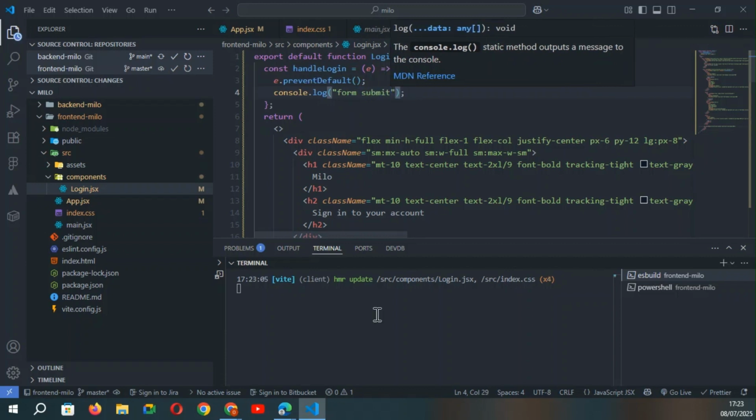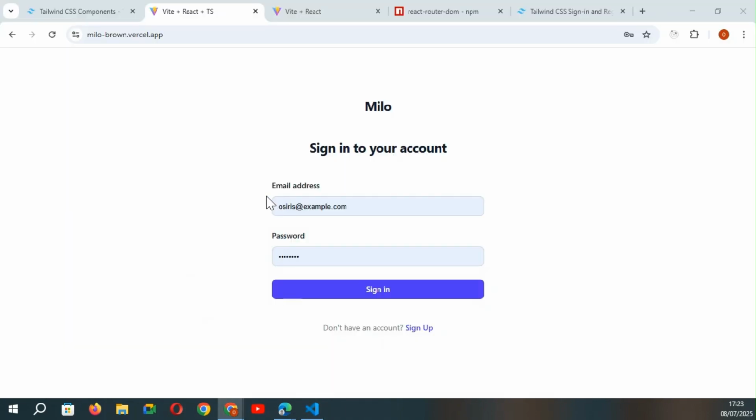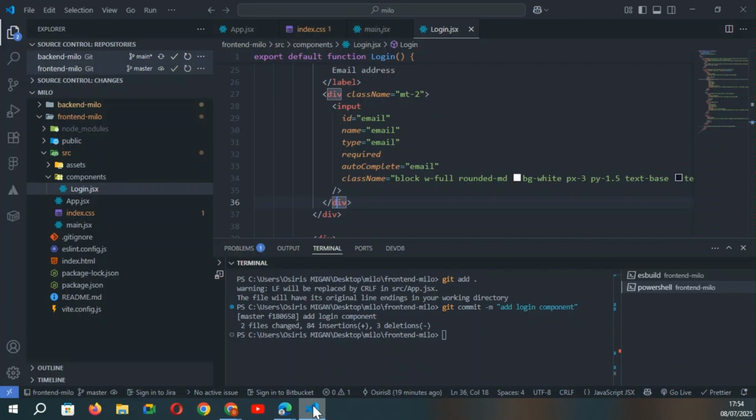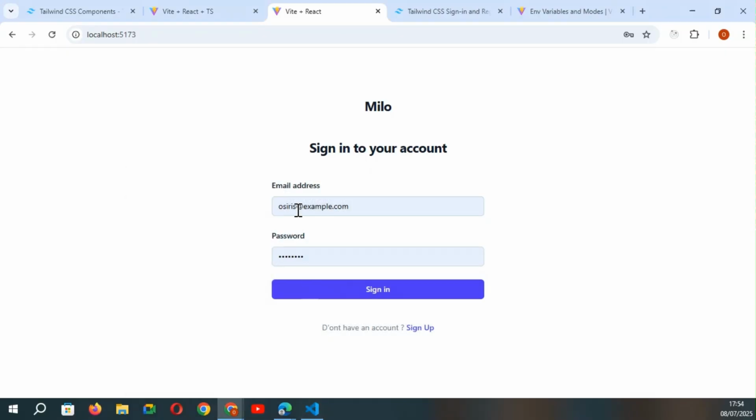Okay, I see. So if I click on my button sign in, I execute my function handleLogin form submit. Just after our email input,